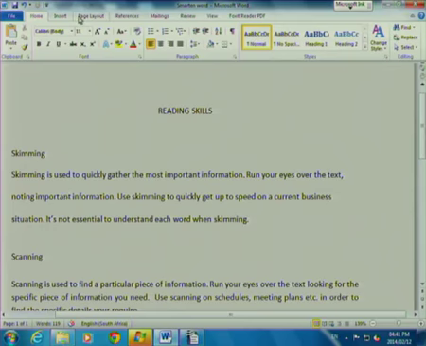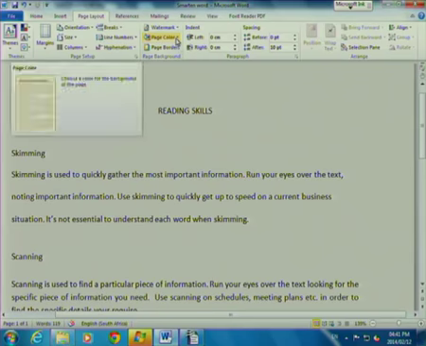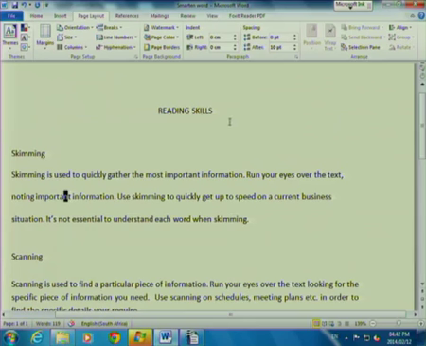Okay, we are moving on to the page layout tab. And in page layout, it lets us choose a whole lot of options. We are going to be working in the page background group. And the first thing we're going to do is change the page color. It's quite simple. All you do is click on the drop down arrow next to page color, and it comes up with a color palette. If you rest your mouse on each one of these, it actually changes the color of your page so you can see what it's going to look like. I'm going to choose this color green by clicking on it,